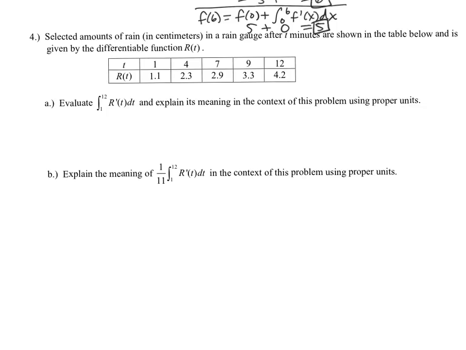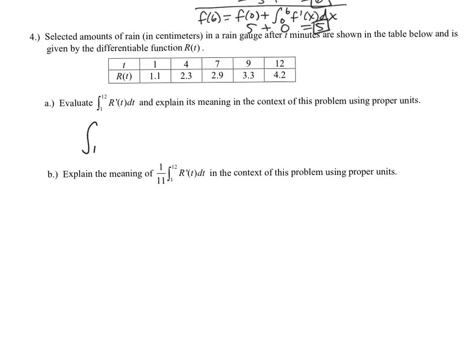All right, so first of all, r of t is an amount function. It tells us how much rain is in the rain gauge, or how many inches or centimeters have fallen. Okay, this is the derivative of r of t. So it would be the rate at which the rain is falling in centimeters per, what are we measuring, centimeters per minute. All right, so when we integrate this rate, that gives us the amount of rain that has fallen from 1 to 12. So if we use our fundamental theorem of calculus then